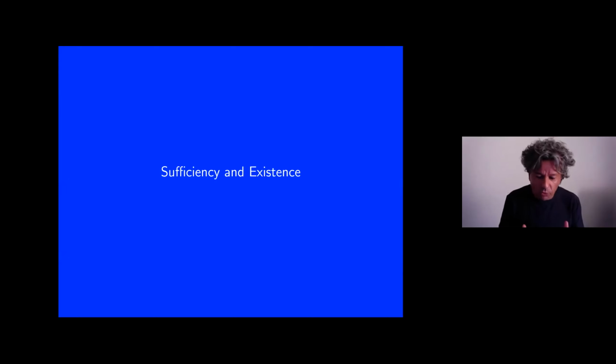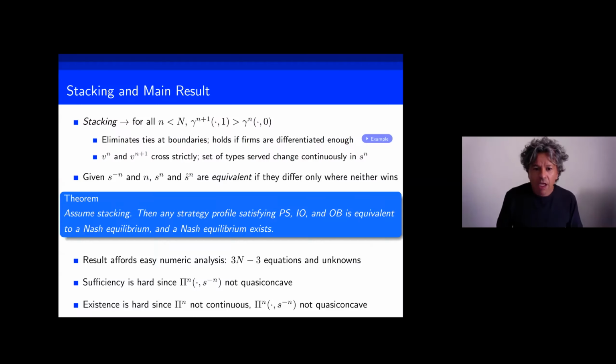So what we want to do now is to say, well, suppose that I have a strategy profile. This is a very important exercise for us. Suppose that I have a strategy profile that satisfies a subset of these necessary conditions. Can I be sure that this will be a Nash equilibrium? That's the idea. And suppose that I prove that, can I be sure that a Nash equilibrium exists? These are the two questions that we address here. In order to do that,